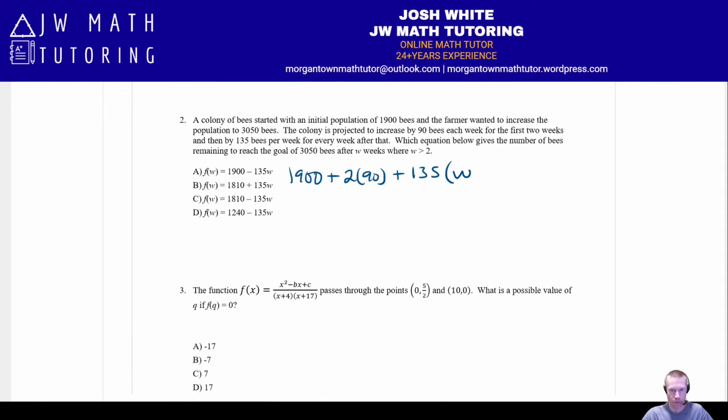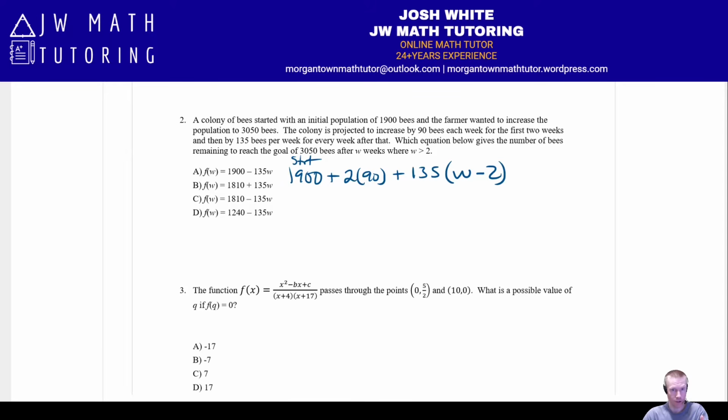Now, it's not going to be multiplied by W because this doesn't happen until week number 3. So that means it's technically multiplied by W minus 2. Because, for example, if you wanted to find the number of bees after, say, 3 weeks, it would be